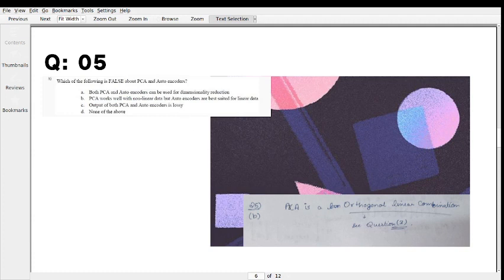Also, in the third question you have seen that I mentioned orthogonal linear combination, so it is obvious that it will work upon the linear data. Okay,